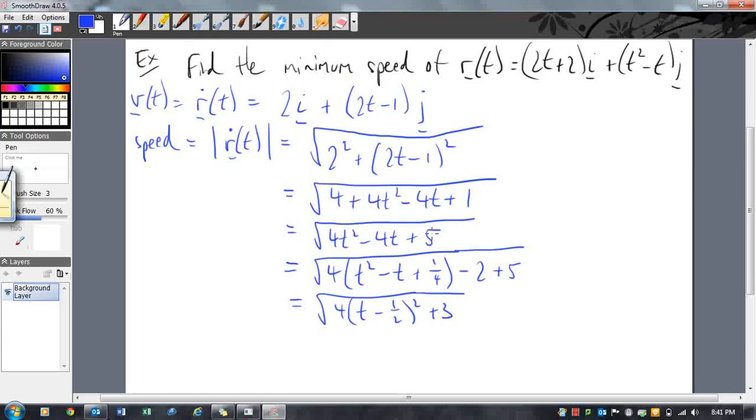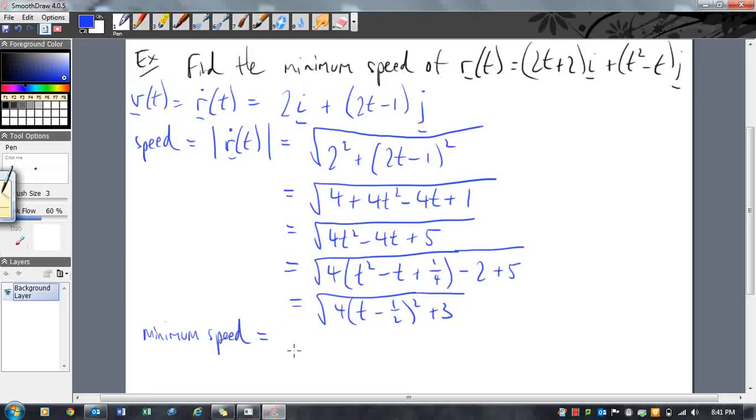Now you can see it's easy to see what the minimum speed is going to be. When will this have a minimum? It'll have a minimum where this inside stuff here is equal to 0. So 0 squared, because the smallest that something squared can be is 0. So minimum speed